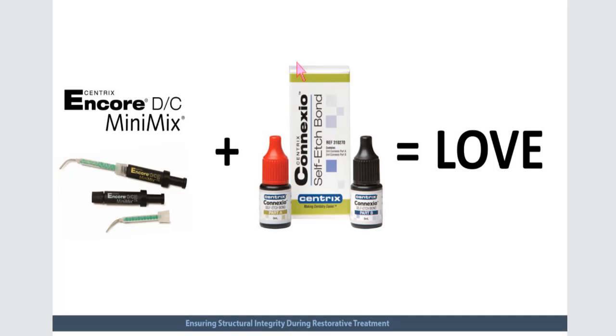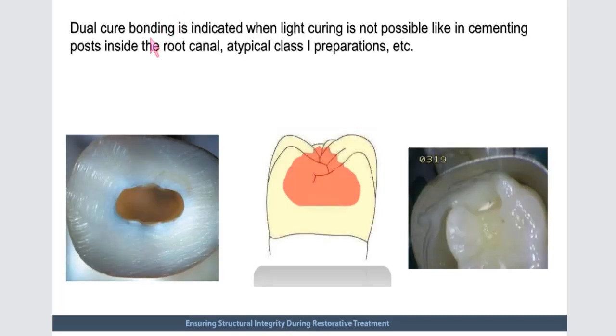If you are using a light cure bonding, it will be impossible to light cure it inside the root canal. So you always need a dual cure bonding inside the root canal. This is what I'm using for, I think, 7 years. I used another bonding before this one. You can go with every dual cure bonding on the market. When you need a dual cure bonding,